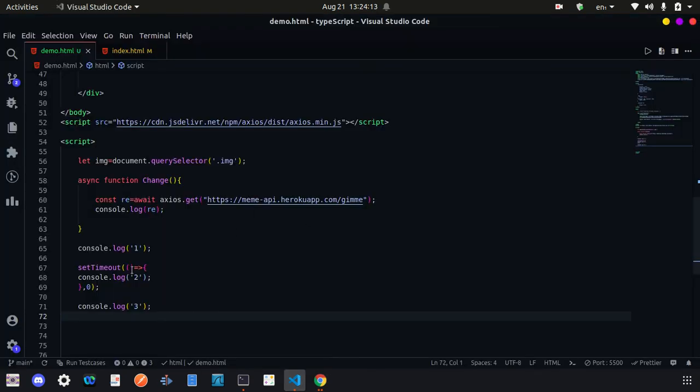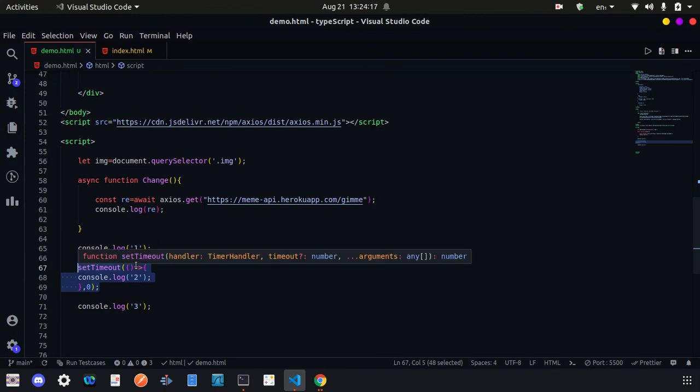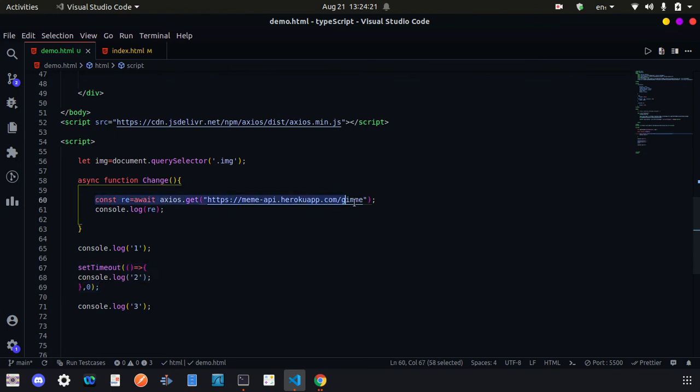Why are we getting 1, 3, 2? Because always, setTimeout, setInterval, API calls and many more things which are not directly used in the website will give the response after some time, and our website's main functionality should not break or be in waiting times.